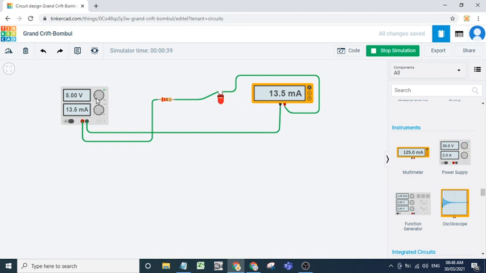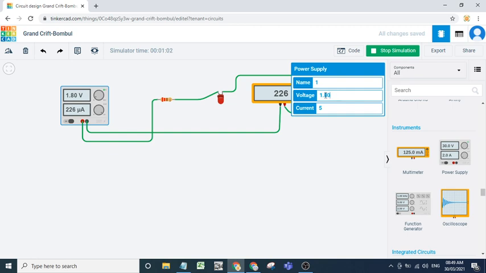If you change the voltage, see, if you reduce the voltage, your current will also reduce. Now see, if your voltage is 1.2 volt, what is the current? Current is 0. Suppose 1.5, I will click here, I will set the voltage 1.5.